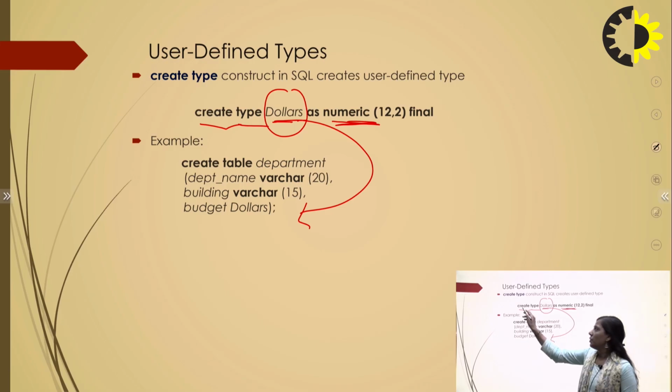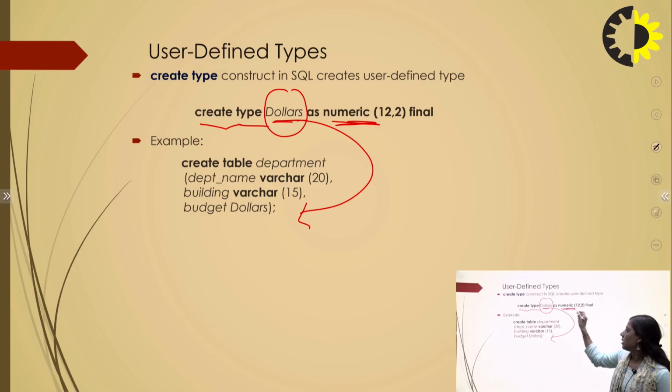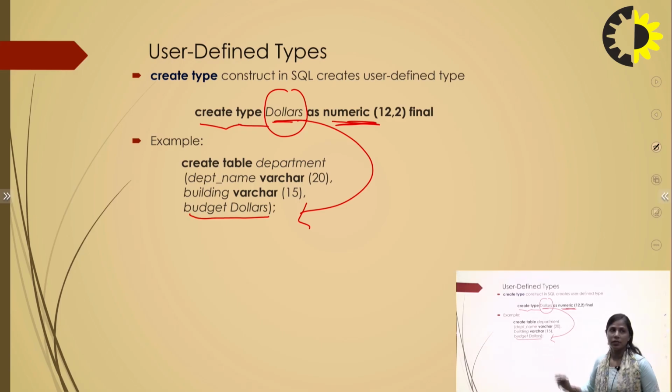What we have done, we have written create, then type, whatever the type we have to include. Then we have mentioned dollars. This is the type we have declared as a name. Whatever name you can give, we can declare it as numeric, and we can take an integer value, the clob and the blob, and we can vary the numbers also. So this is how you can declare user defined types. Then over here we have used budget as dollars, which we can include as a type.